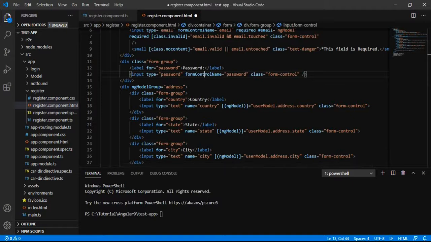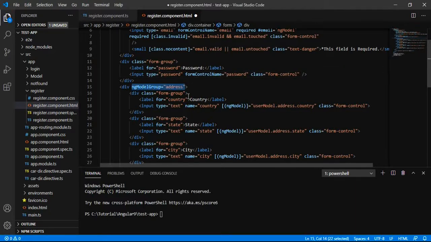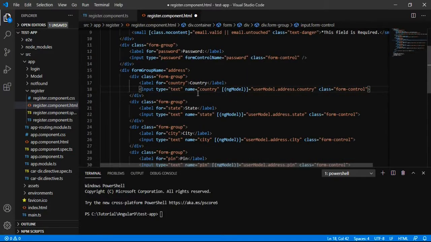So here we can see this address is a group, so we can define it as form group name equals address. And again we have to give the form control name.